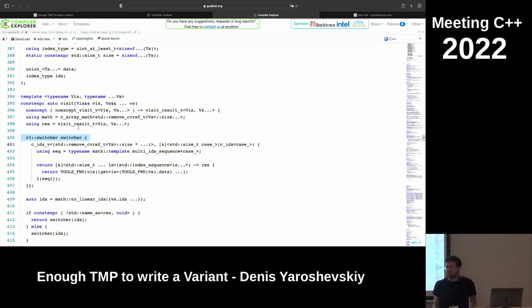You can also static assert. That's a very reasonable thing to do. But that's not going to be concept friendly. Then you cannot check whether something is invocable or not, which is a reasonable thing to do for your code. But for something like a variant, where it's very general purpose, probably you want to be concept friendly and noexcept correct. Okay. Thanks.